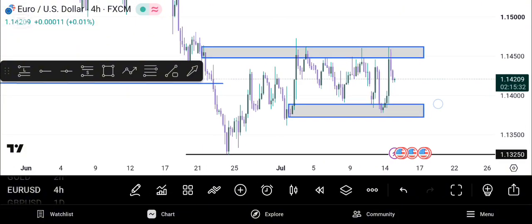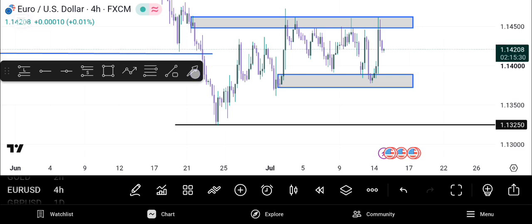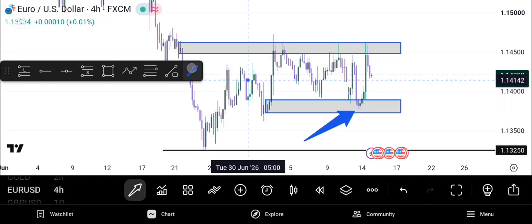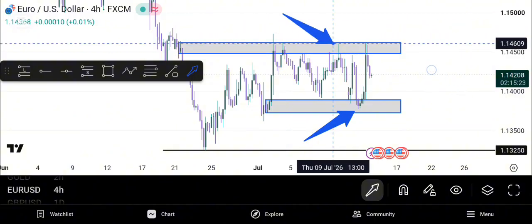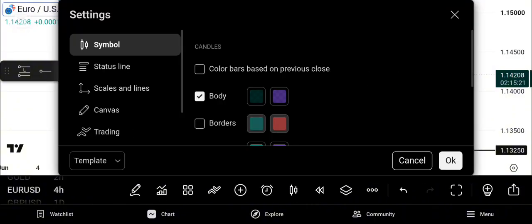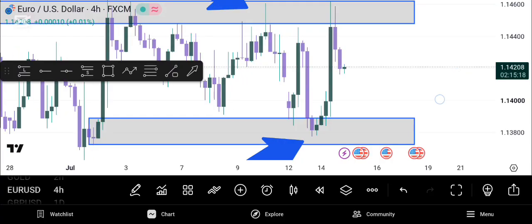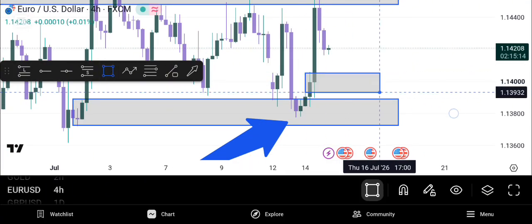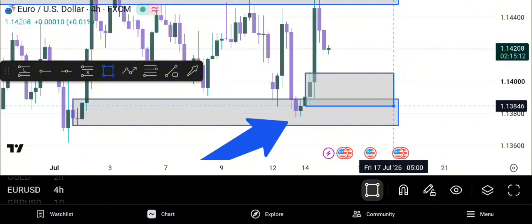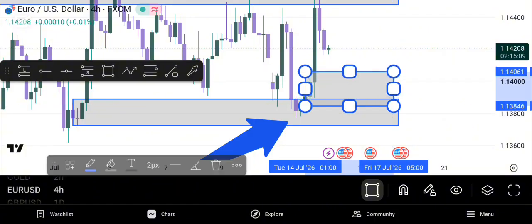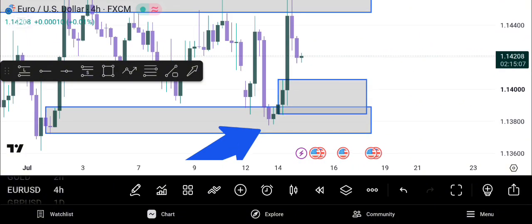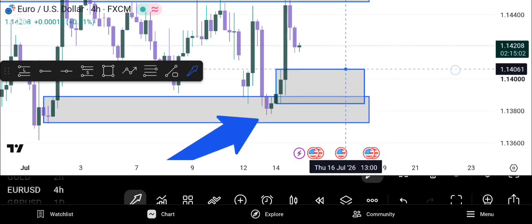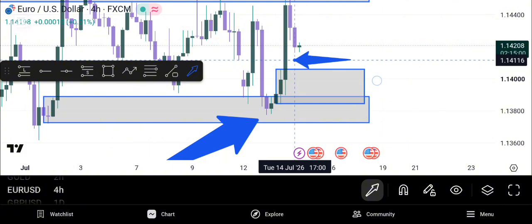I'm going to be patiently waiting for price to either break this level right here or break this level. But from what we can see, there's some kind of imbalance or order block right here for price to trade into. Now why would I say there's an order block there? Although we did not really break structure to confirm an order block, there's this gap that needs to be filled by price